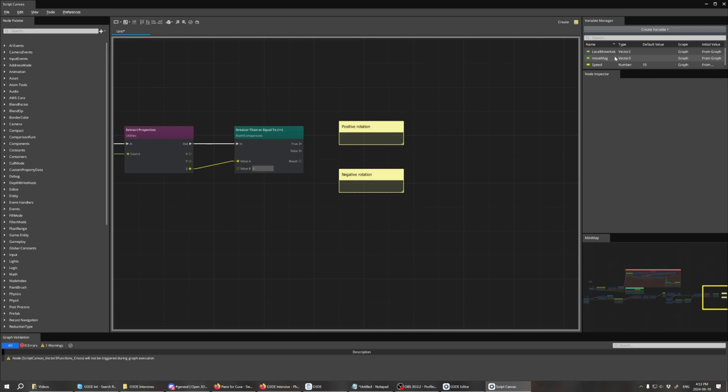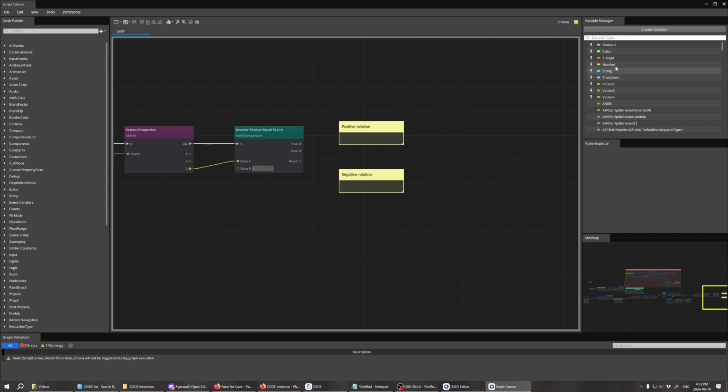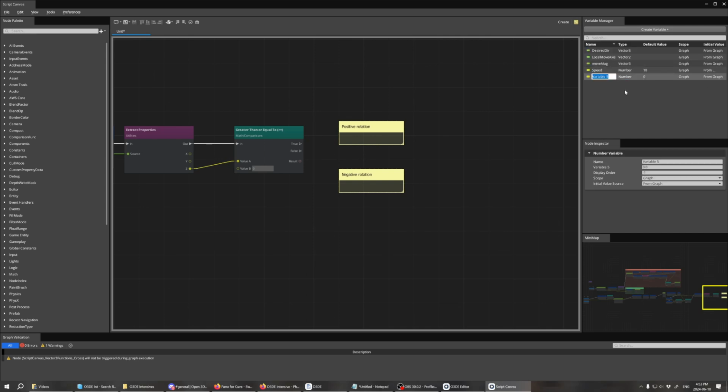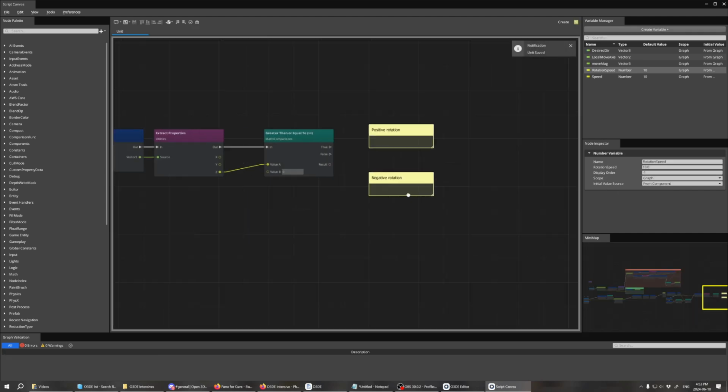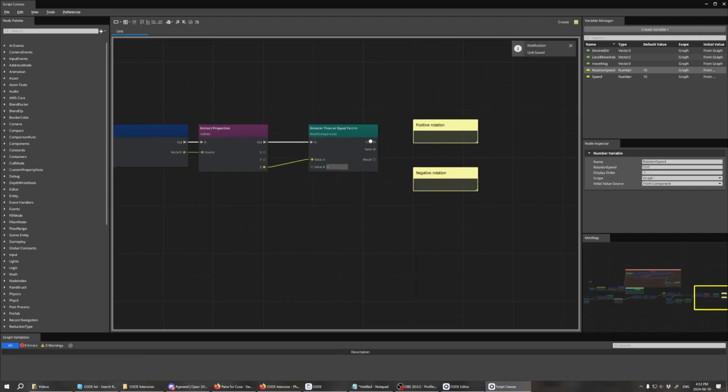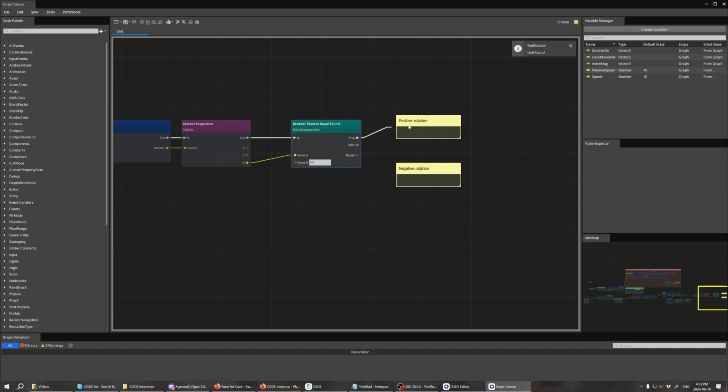I think I did. No, I did not. Let's do that now. Rotation speed. And let's do that from component. I'll set it to, let's go 10 again, just so that those two values are similar. Save, and then we can go, it's true, so then we can go